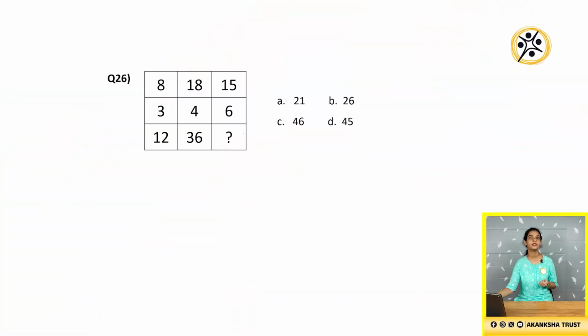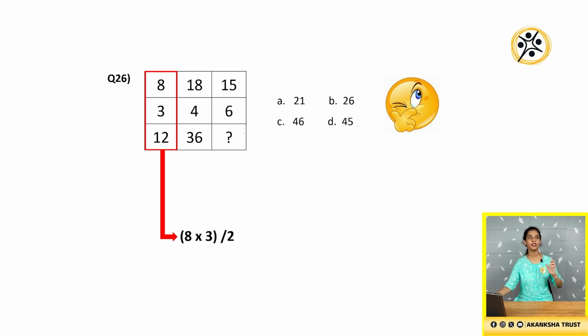Today's topic is matrices. Next one, we'll go through the next example. So here we'll try to find the relationship amongst the first column itself, that is 8, 3 and 12. If we find the product of 8 and 3, that is 24. When you divide it by 2, we get the quotient as 12, which is the third entry in this matrix. If we go by the same logic, 18 into 4 divided by 2 gives us 72 by